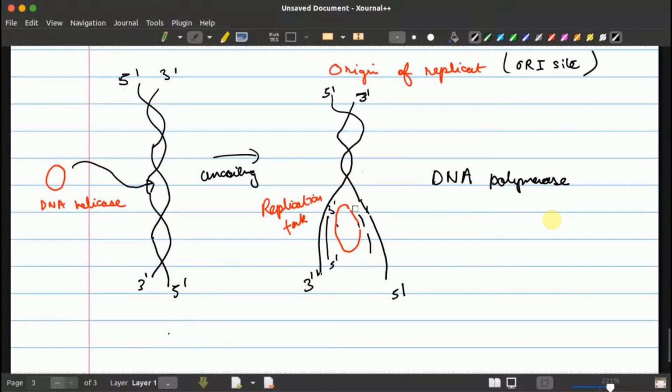So the direction of production is still 5 prime to 3 prime. It started at 5 prime and made up to 3 prime. Then it makes another fragment from 5 prime to 3 prime, and so on. It cannot make one stretch like this, so it makes smaller chunks. This is called staggered